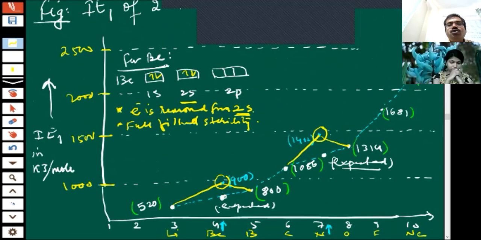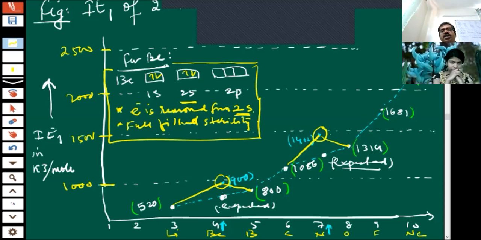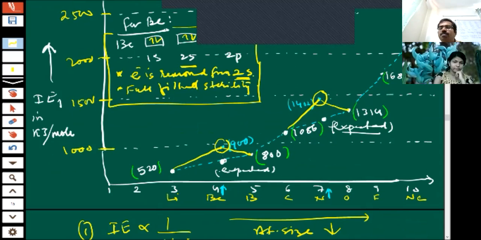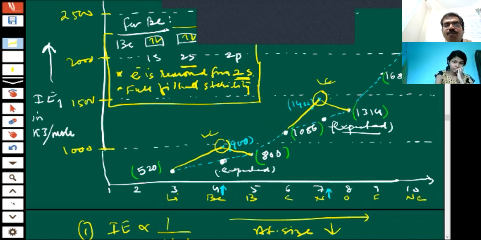Okay, children. So this reason you have to give for beryllium. Did you understand the question? Yes, sir. So many people will ask because they are exceptional cases. They are showing odd behavior. So if they ask why beryllium is showing higher ionization enthalpy than boron, then what will be your answer? That in beryllium, the electron is removed from 2s.